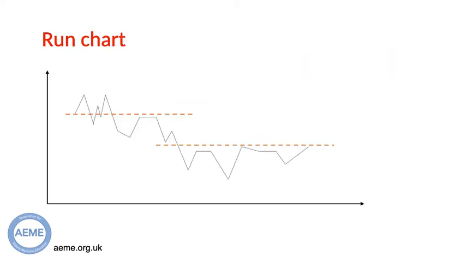A run chart is a great way of demonstrating the impact your project has had. The y-axis is your measurement, and the x-axis is time. This example shows a demonstrable change. Other graphs and statistical measures can also be used. It is worth noting that some of your data may not be numerical, for example, patient and staff questionnaires.